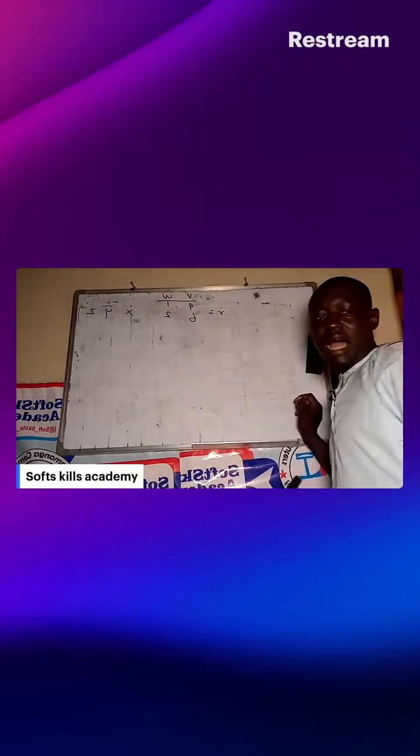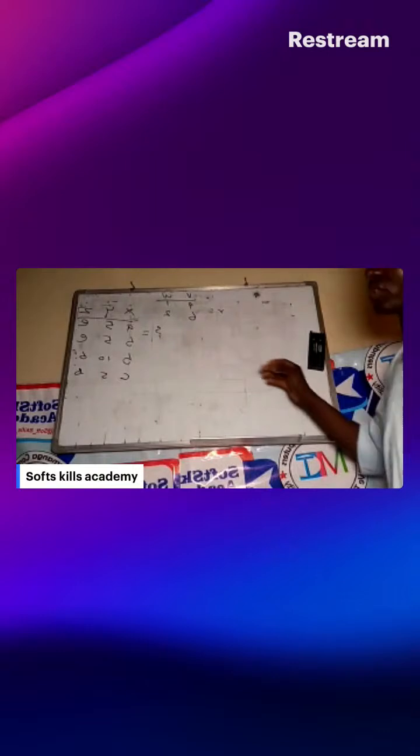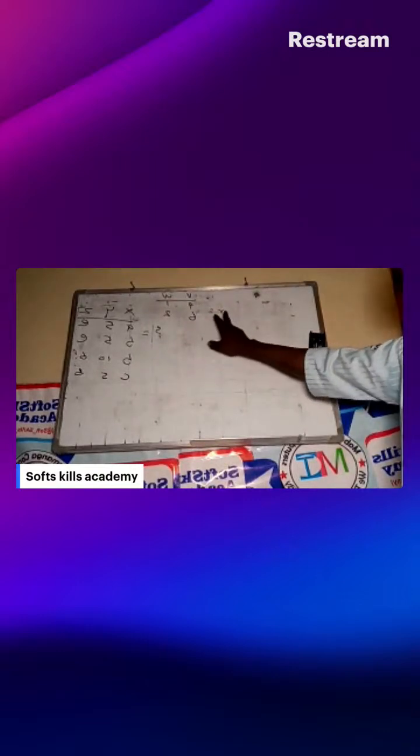So that is our relation R. And we also have a relation S. So in Cartesian product, if you were asked to find a Cartesian product of a relation R with S,